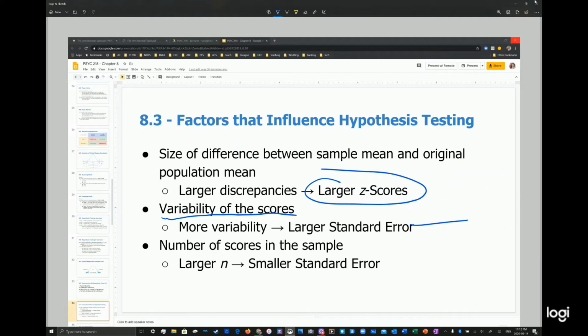But if the distributions have overlap, that means more variability between your null distribution and your alternative distribution. Then there's overlap, then it's much harder, quote unquote, for us to say if there is a difference, because the two distributions have scores that overlap one another. Well, it would be like saying if